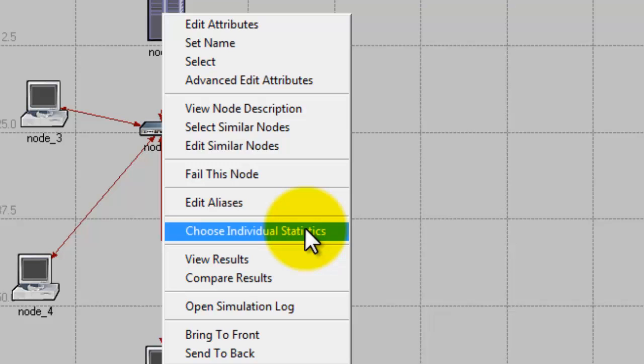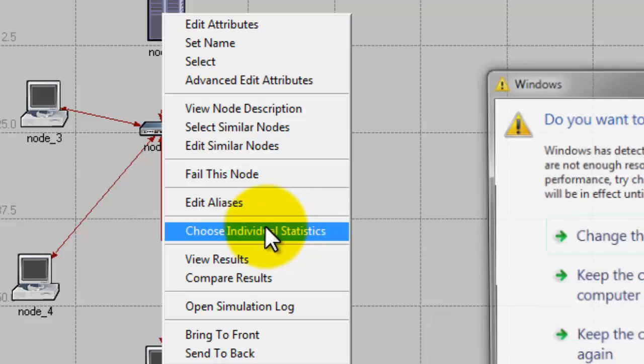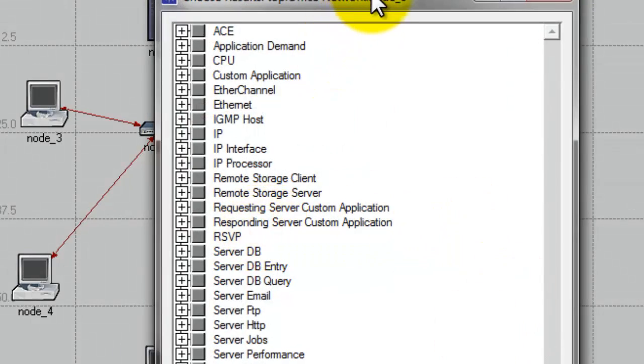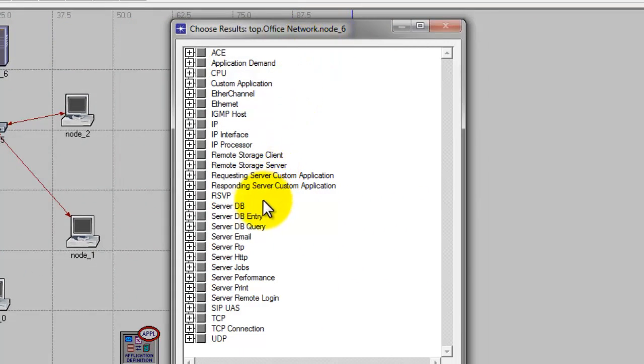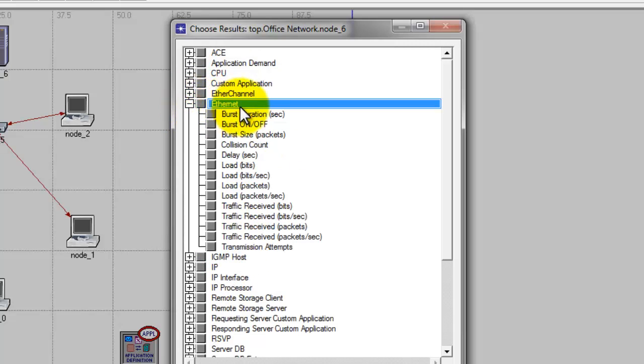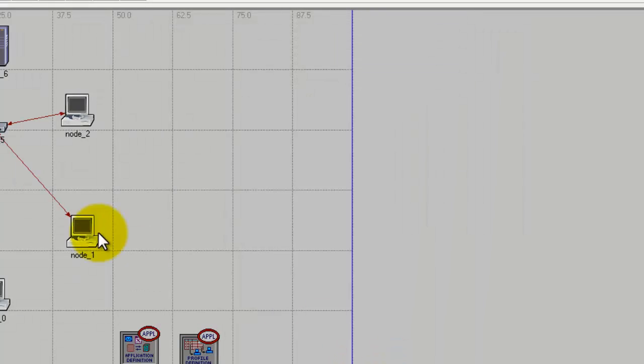Right click on the server and choose the option individual statistics. Over here you click on the plus sign on the Ethernet option and choose load bits per second. Click OK.